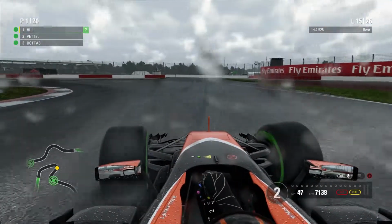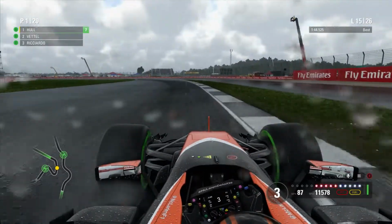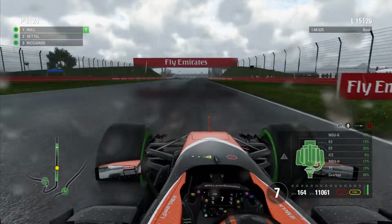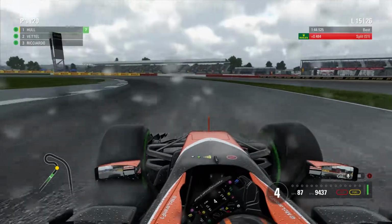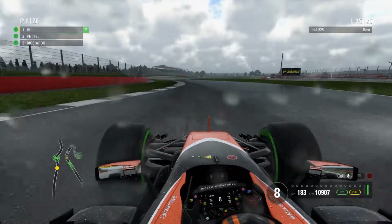And in fact, Vettel is now up into second place, and we'll see Daniel Ricciardo up into third, but they are a long way back from ourselves. But will they hold up Bottas, time will tell. We're going to use this time to go up to Rich and put pedal to the metal, as it were. As we come through the first sector, though, we are half a second down on our best lap. Not what we need to do, but as we come up to Maggots and Becketts here,